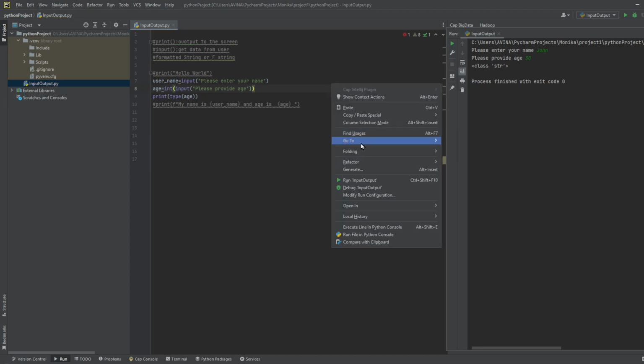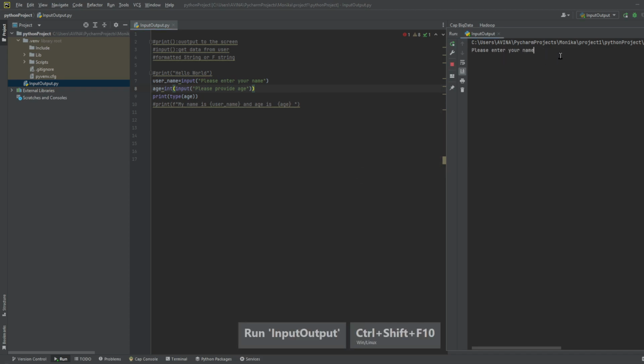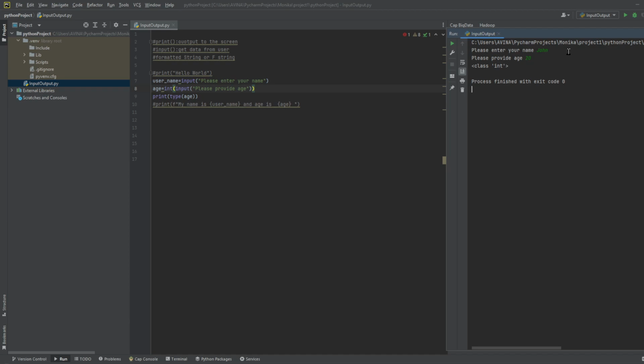And I can run it. Let's see. I'll provide age 20. See, now the class type is coming as int. So if you want the data to be in a format other than string, you just have to use that type and put the input method inside. Now